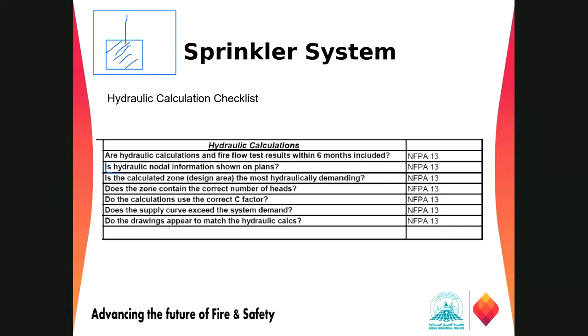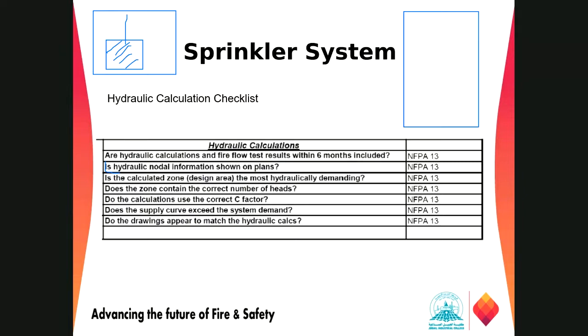All those piping within this area should have some node, so that the plan reviewer will go to the hydraulic calculation report and check at node 1 what is the pressure and velocity in the flow, at node 2 what is the flow, and so on. It will help the plan reviewer to get the exact location in the hydraulically most demanding area while doing the report. In most projects, the designer or the contractor is not including those nodal information, but it should be included, because it makes it easy for those persons to identify the locations.